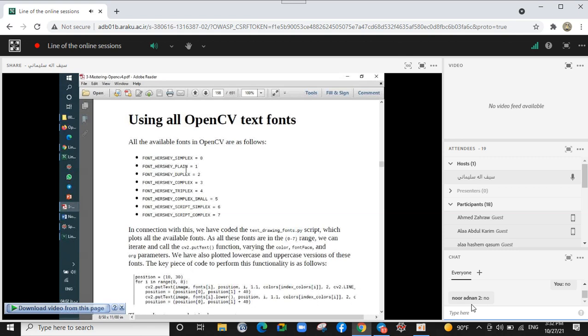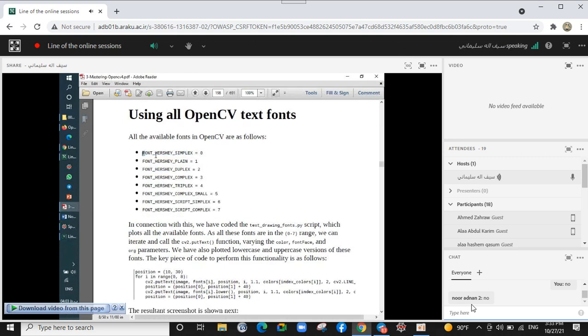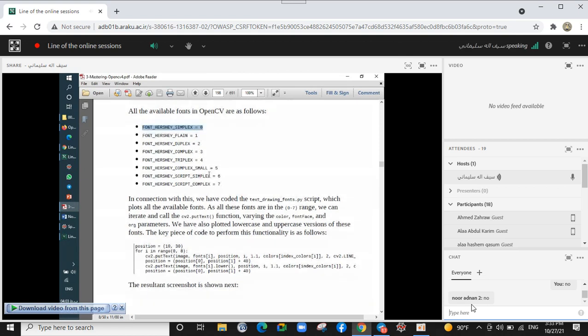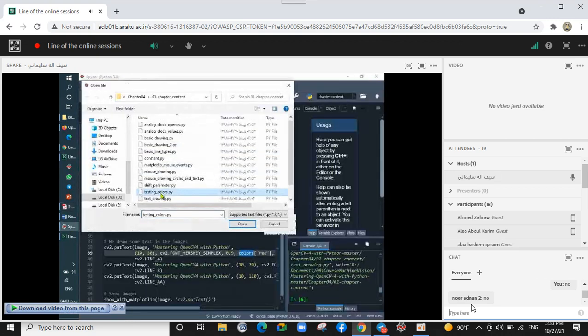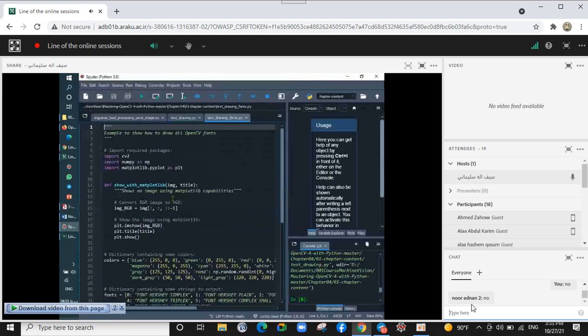So all the available fonts are as follows. So we have some fonts. For each font, there is a digit. You can use this when you should provide the type of text, or you should write 0. If I open text drawing fonts, so you see,